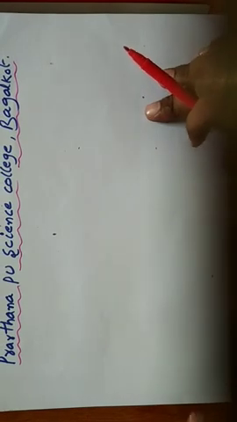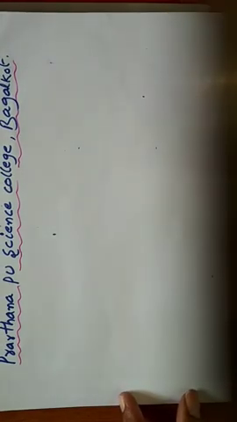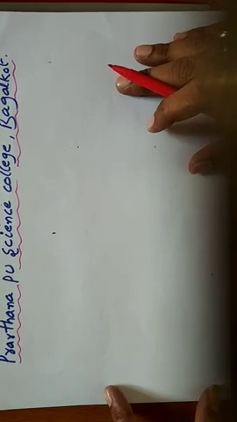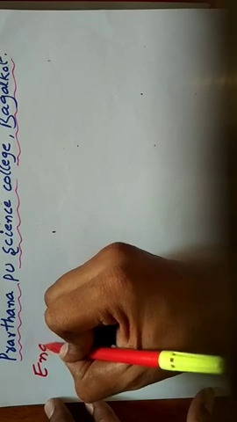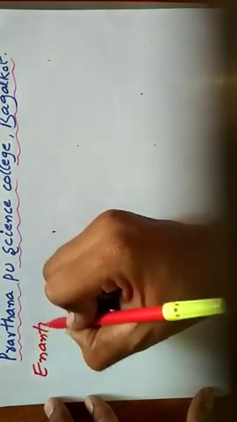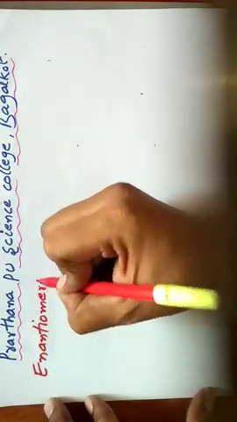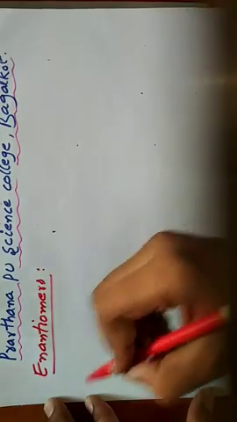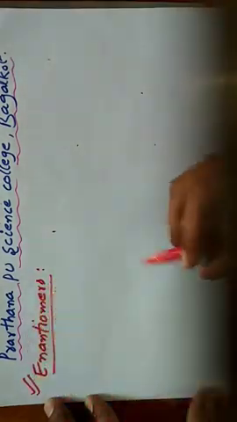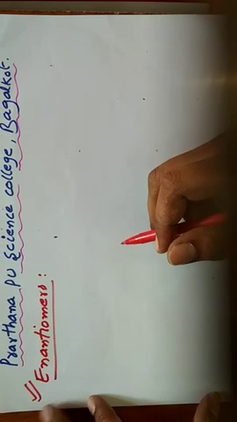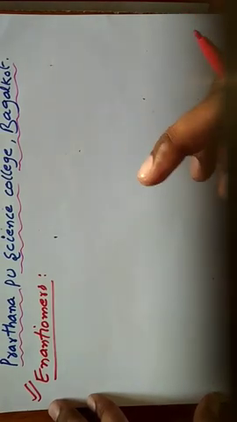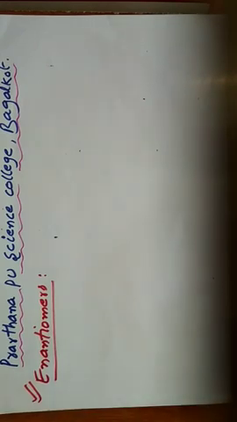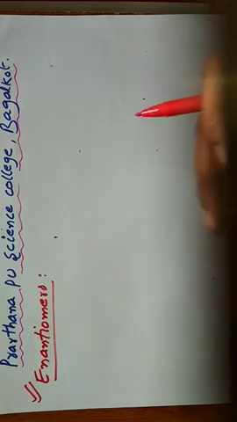Now we discuss the next continuation topic, a very important topic: enantiomers. The definition is very important for the regular syllabus for 1 mark questions. Enantiomers means a pair of molecules which are non-superimposable mirror images of each other are called enantiomers.